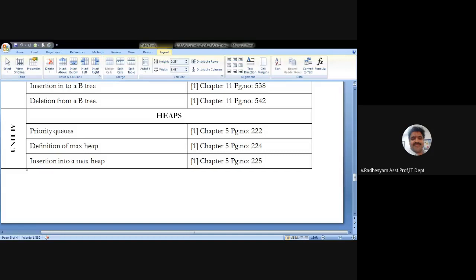Other than an array, you can use the self-balanced binary search tree in this case.